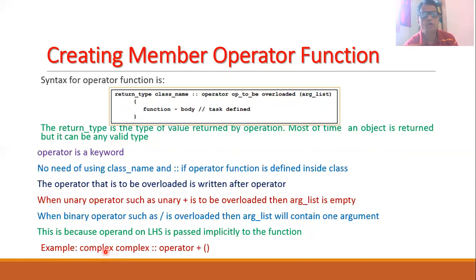The class name is complex, then the scope resolution operator, then the operator keyword, then the operator symbol, say plus, and suppose this is my unary plus, and therefore I will keep this argument list empty. Such a statement will tell the compiler that you are overloading a unary plus operator for the class complex, of which the return type is also a complex object.